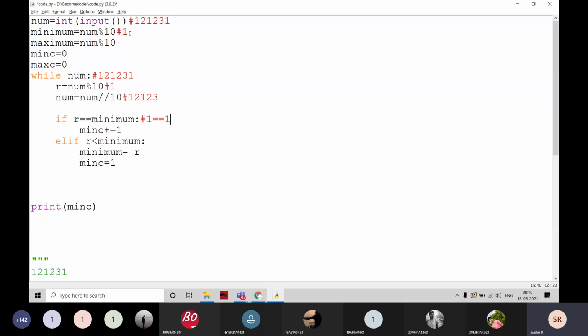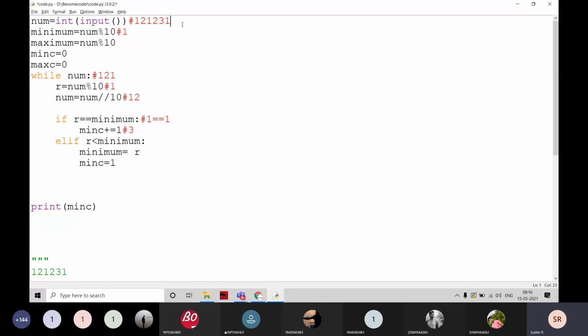If both are equal, I am going to count it as 1 here, since it is initially 0. Again it is moving like this, and the number gets cut: 121, then 12, and again it is checked whether 1 is equal to 1. Yes, then again it becomes 2, and then 3, like that.